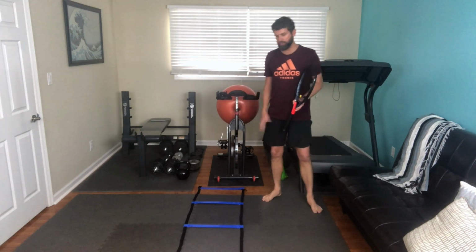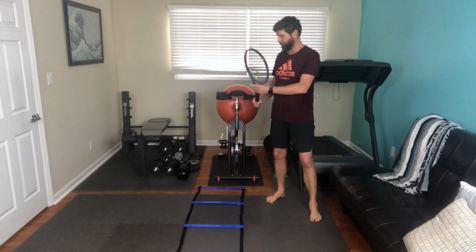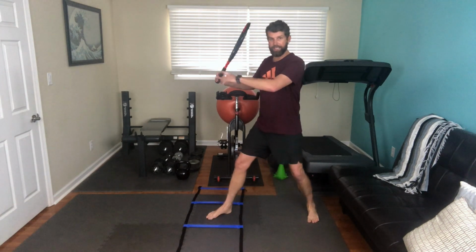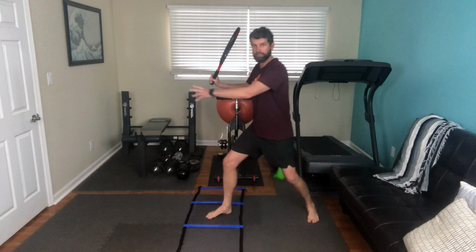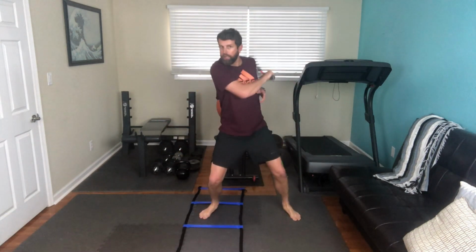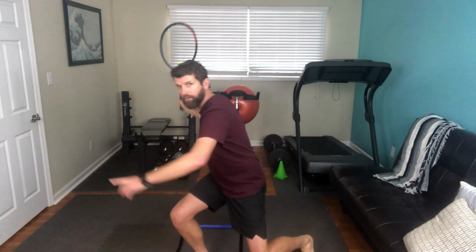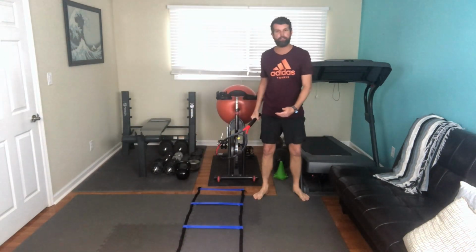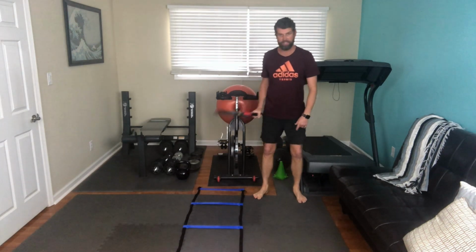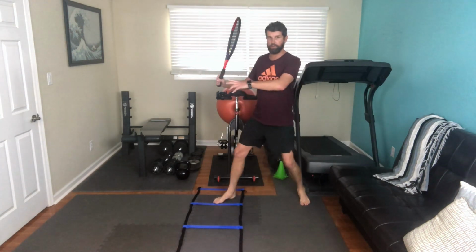But what I'm doing here is working on loading on this outside foot. All right, so I'm gonna load inside here, the square, but between the two lines. And I'm gonna load, hop, all right, next square, load, hop, next square, load, hop. All right, I'm gonna repeat. Now obviously, as much room as you have, that's how far you can go. All right, but from here, I'm loading down, hop,